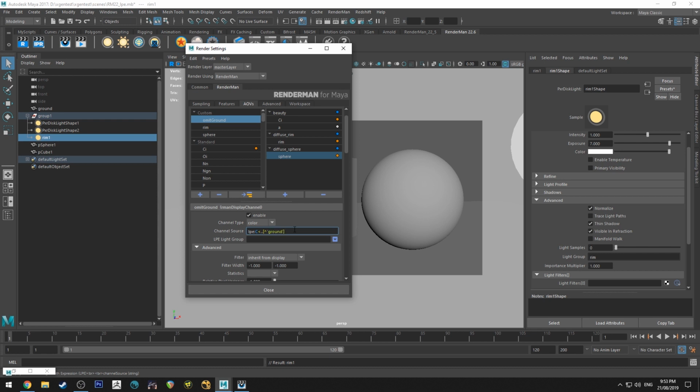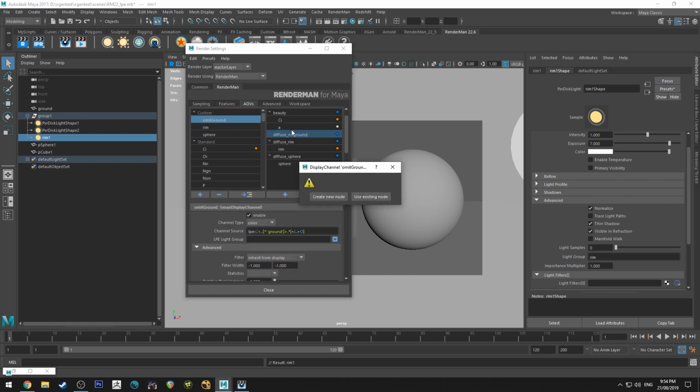Close that bracket, close the other bracket, and then we're just going to do full stops, asterisks, and finish off like we usually do with a bracket and an L full stop, close bracket, full uppercase O and bracket. So we'll create a new display and we'll call this diffuse no ground.